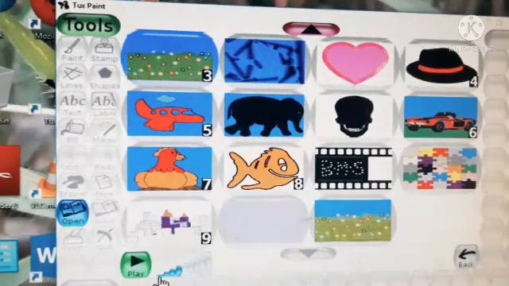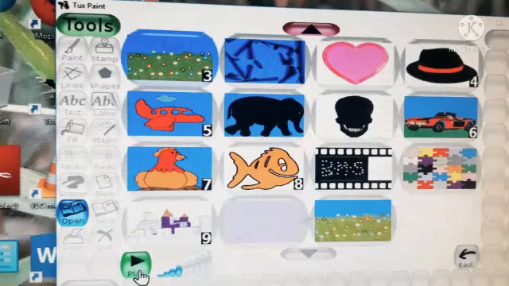And finally, we have to click the play button. This button is going to play the slideshow. It shows the storyboard in a slideshow manner. So first we have to click on the open tool, so we can see the saved pictures in the open tool. Next we have to click on the slide button.